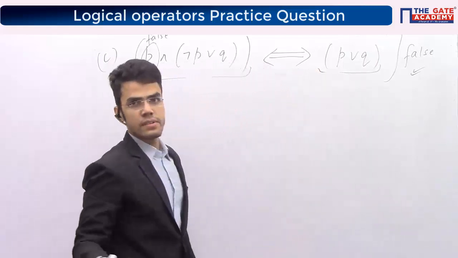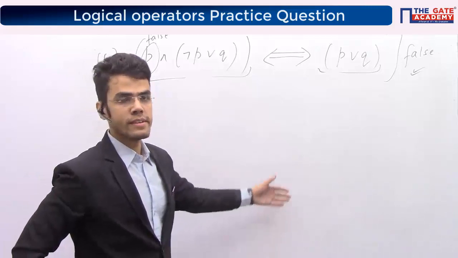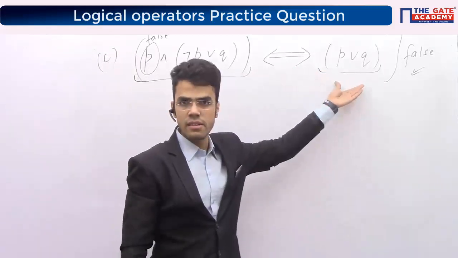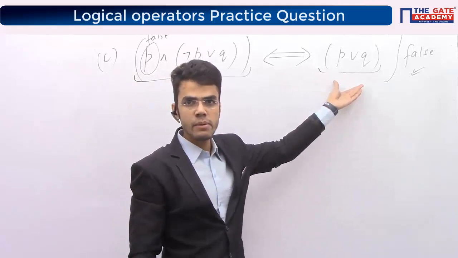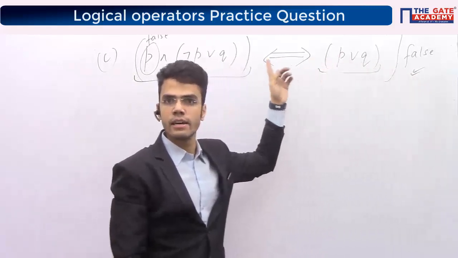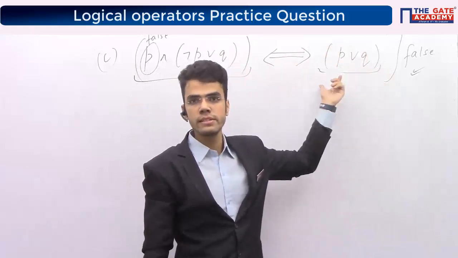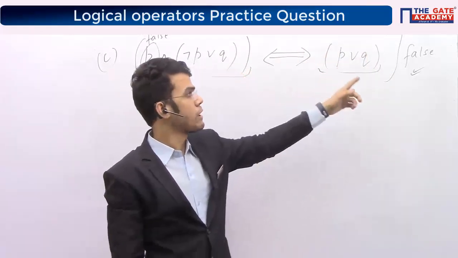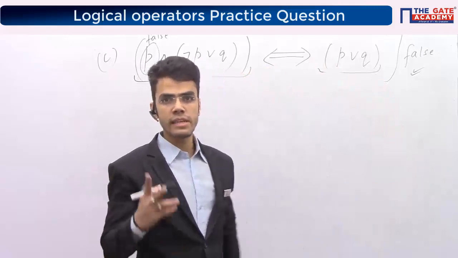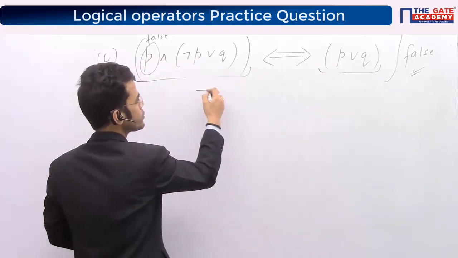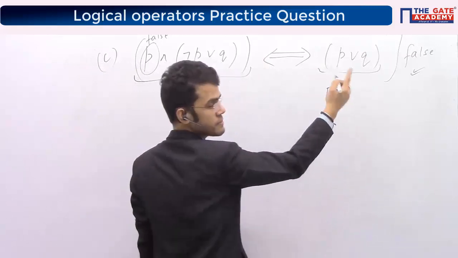See, guys, again, those who are having doubt in this, B option says this is equivalent to this, right? What I need to do is, if I am able to generate false case, I will say the option is wrong. If I am not able to generate false case, I will say the option is right. Right? Now, how to generate false case? There are two cases. If you remember, with this operator, we have two cases. First one true, second one false. That also gives me false.